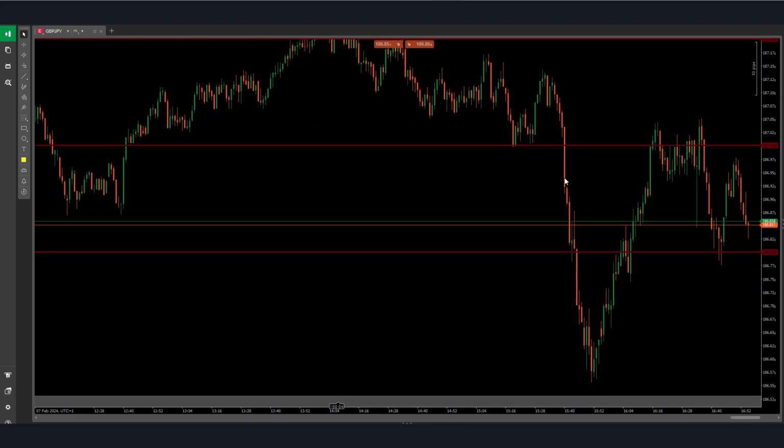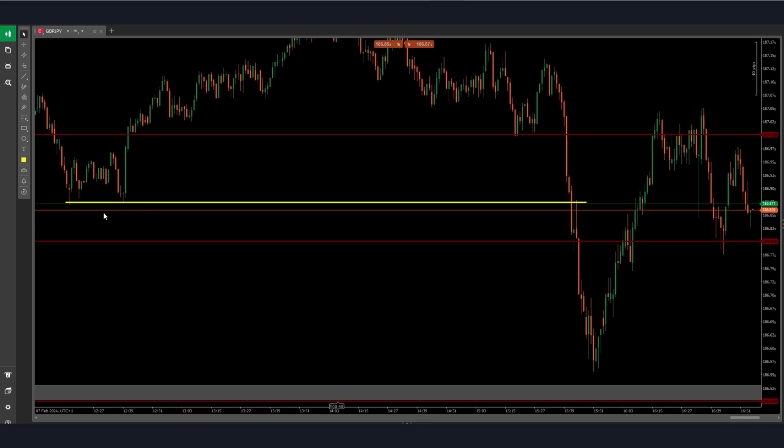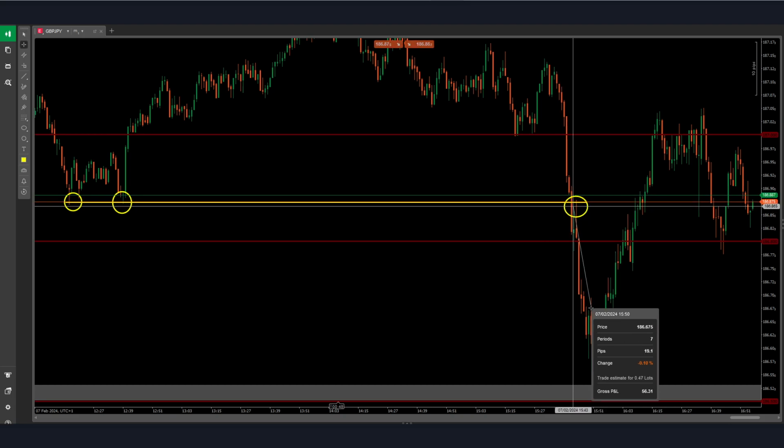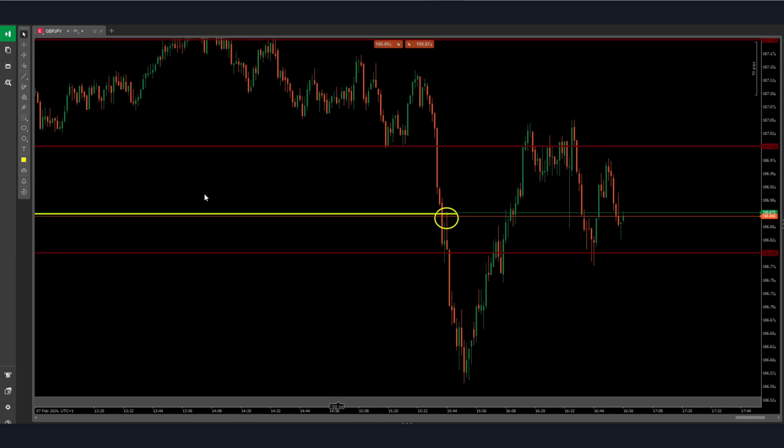During New York, we see this spike down in volume, a bearish spike in volume, sorry. We have the reaction at this area. Bam, bam. We have a breakout and retest of that for a possible continuation down. This is like around 30 pip move, which is absolutely great. And apart from that,